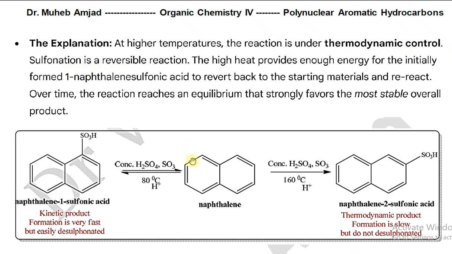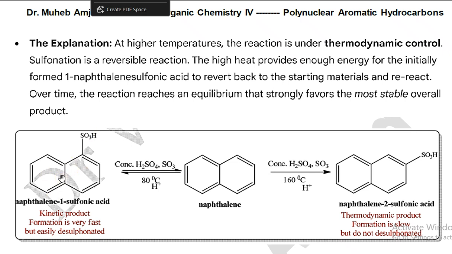Sulfonation is a reversible reaction. That means when the sulfonation has happened, it can go back again to the starting material. The high heat provides enough energy. So when a high temperature is applied to this reaction, it gives enough energy for the initially formed 1-naphthalene sulfonic acid